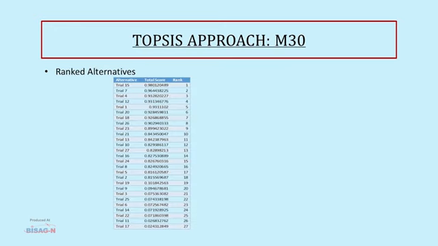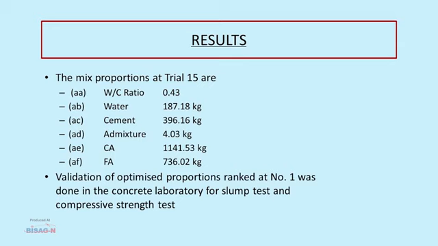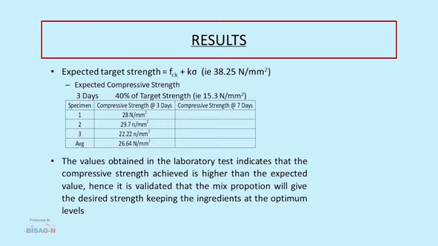From here a decision matrix is made, which has been taken from the Minitab software, in which we had applied the Taguchi method, and we have the ranks of the 27 different trials that we had conducted, which we had found out from the Taguchi. And then after the Topsis approach, we have finally achieved a decision that trial 15 is the best out of all 27 experiments, which satisfies the optimum values that we had analyzed from the Taguchi method. Now the mix proportions of trial 15 are as mentioned here for different